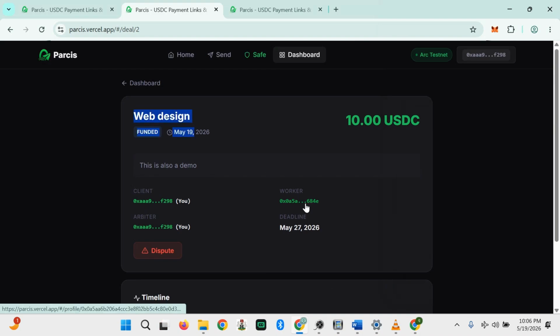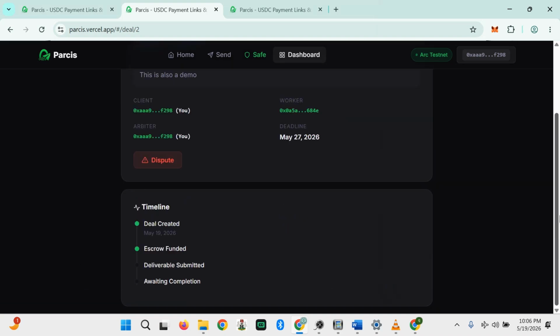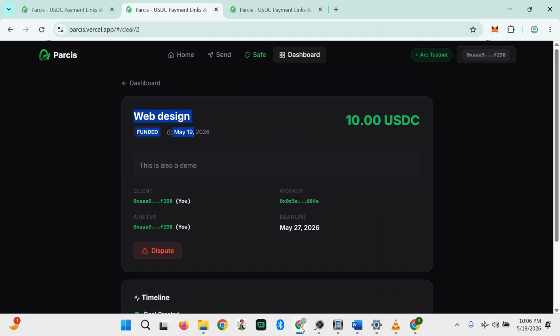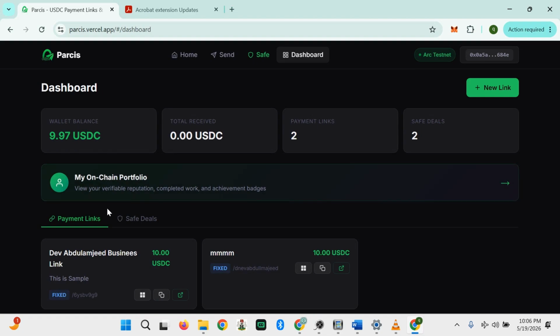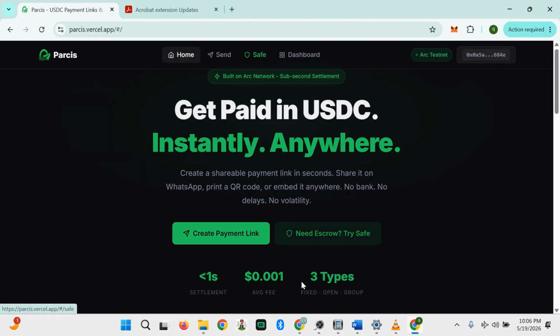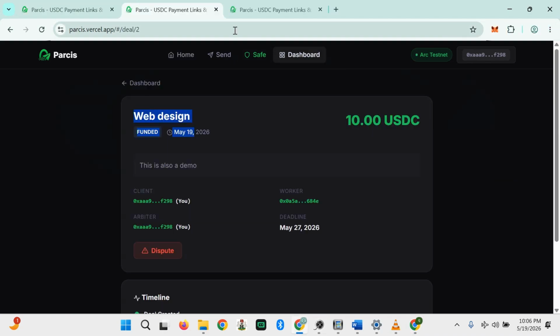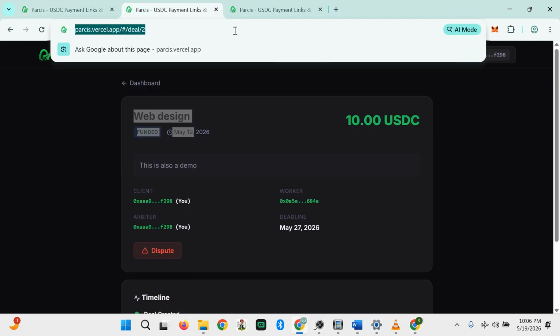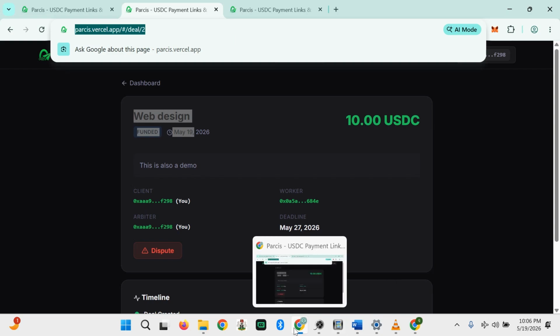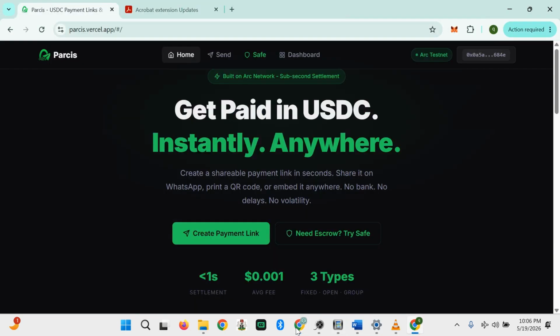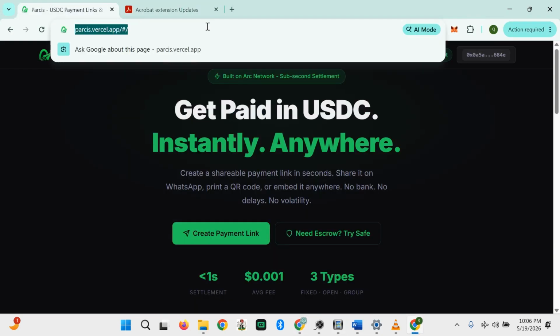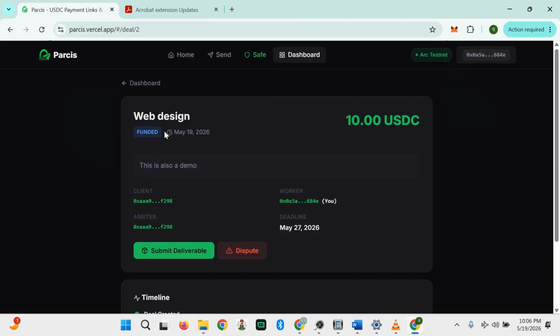Now if I go to my other browser, let me copy this deal and paste it here, because as a client you need to share the deal ID with the worker.